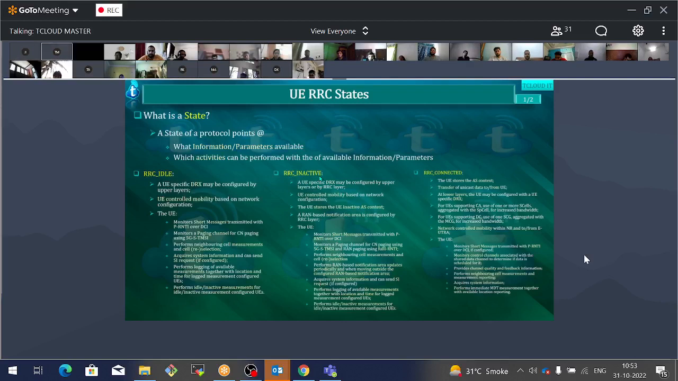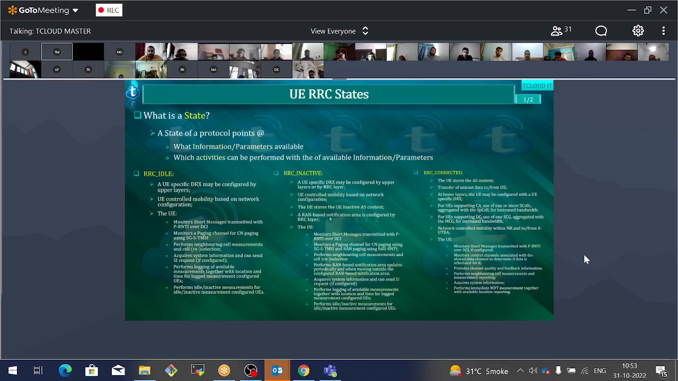But again, when the mobile is in RRC inactive, it is not using any services, not sending much data or receiving data. Again, the mobile can go back into UE controlled mobility. It doesn't require the network's help to move from one cell to the other cell. But when the mobile is moving,